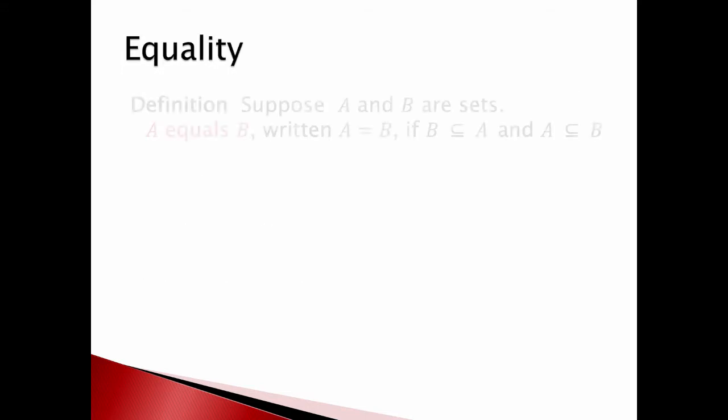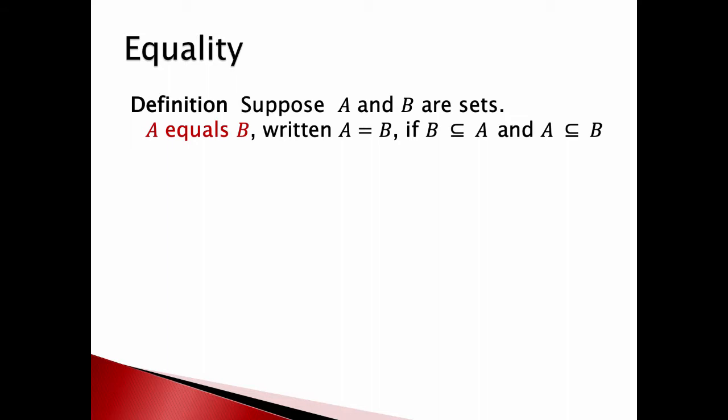Okay, what does equality of sets mean? Well, if A and B are sets, then A equals B if B is contained in A and A is contained in B. So they each have to be contained in each other. Notice that this is going to set up lots of proof by cases for us. Because how do you prove that A equals B? Well, you have to prove B is a subset of A and A is a subset of B, which means that we're going to do this in two parts. First, prove that A is a subset of B, then prove that B is a subset of A. Proof by cases is just screaming out here.